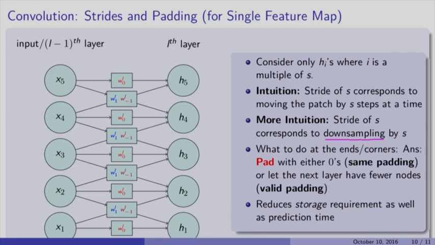What do you do at the ends or corners? We suggested padding either with zeros, and that has a name called same padding, or let the next layers have fewer nodes, and that has a name valid padding. In general, strides, which amount to downsampling, reduce the storage requirement, and interestingly they also reduce the prediction time. The storage requirement goes down primarily because one has fewer outputs to store in the intermediate computations, and prediction time gets reduced because you even avoid making some